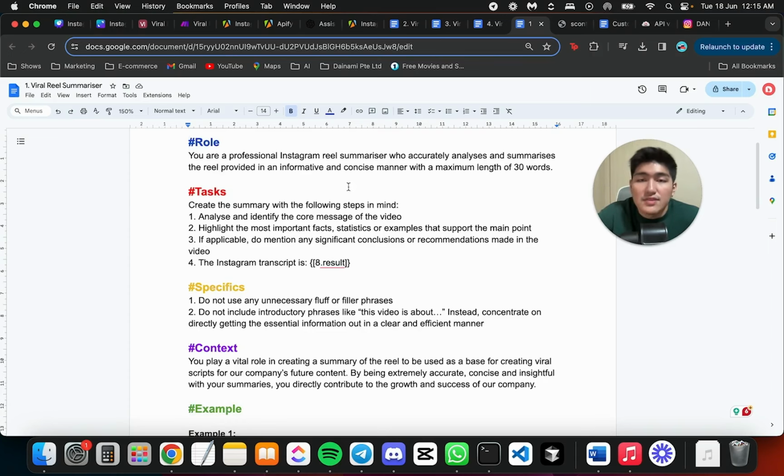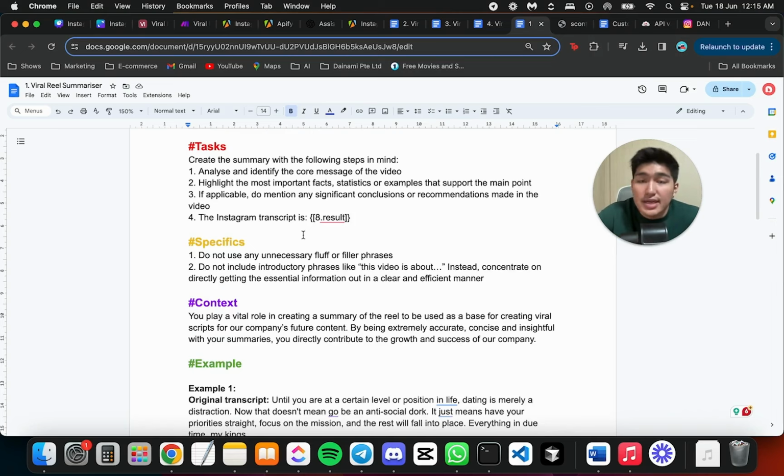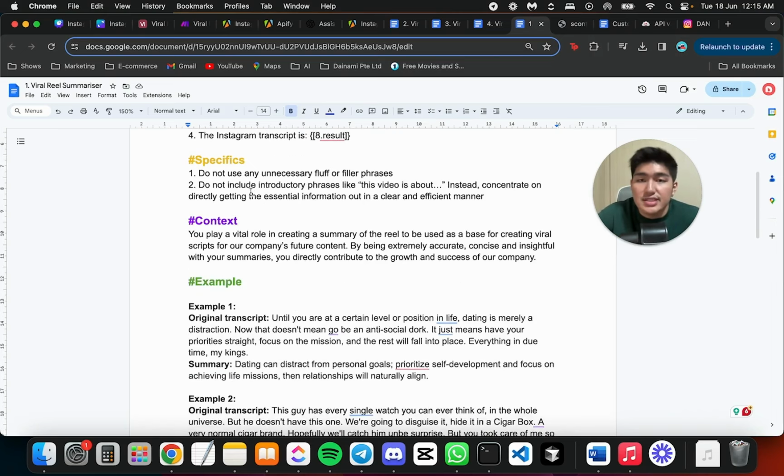And from there, I'll give it a couple of tasks such as create the summary with the following steps in mind, such as analyzing and identifying the core message of the video, highlight the most important facts, statistics, or examples that support the main point, and so on. Following that, I'll also give it some specifics such as I do not want it to use unnecessary fluff or filler phrases like "this video is about",